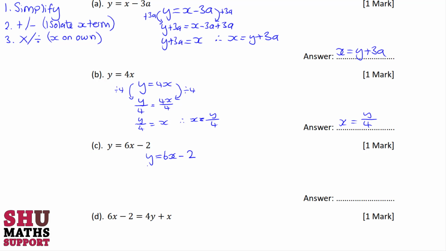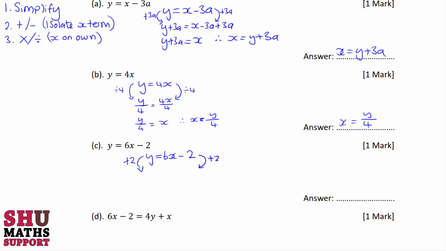So there's no need to simplify, which means we can move on to step 2, which is to add or subtract to isolate the x term. So what we want here is we want the 6x to be on its own. So we can do that by adding 2 to both sides, which would get rid of that minus 2 on the right hand side. So if we add 2 to the left hand side and add 2 to the right hand side,